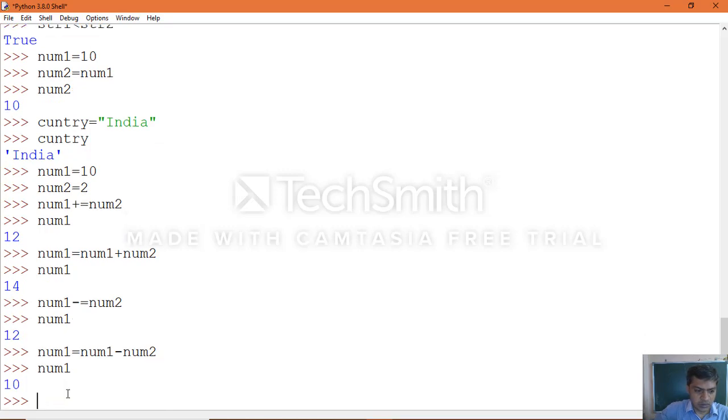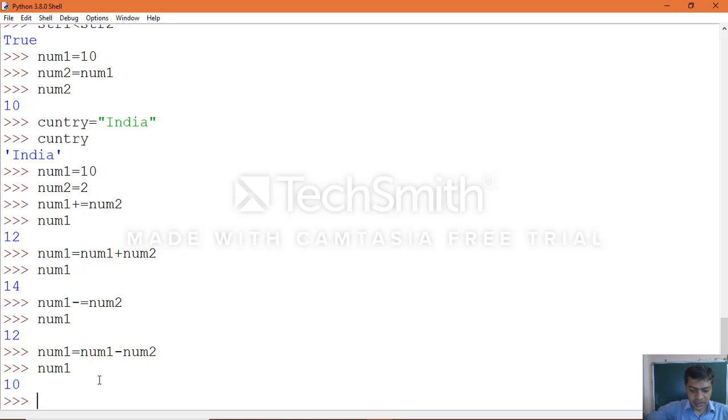Print the num1. These values will be taken now. So while creating like this, you must be more careful when you do.